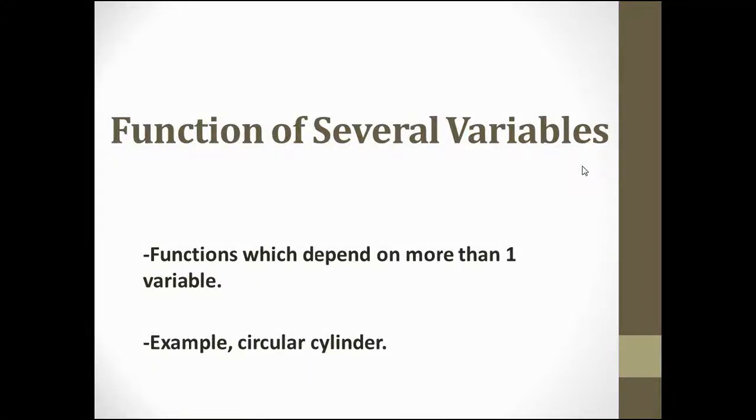Welcome to our video about functions of several variables. These are the functions which depend on more than one variable. For example, for the volume of a circular cylinder, we have its formula V equals pi r squared h. In this case, r and h, which are the radius and the height of the circular cylinder, are the